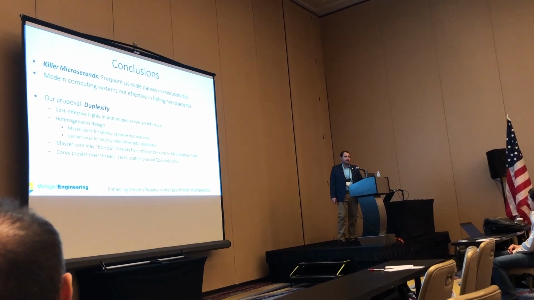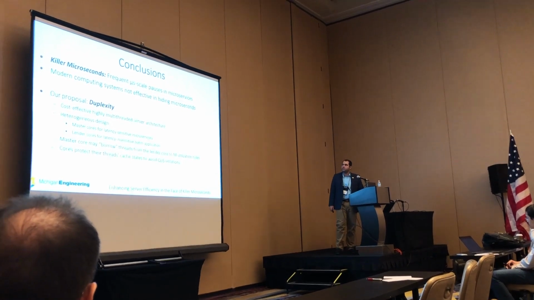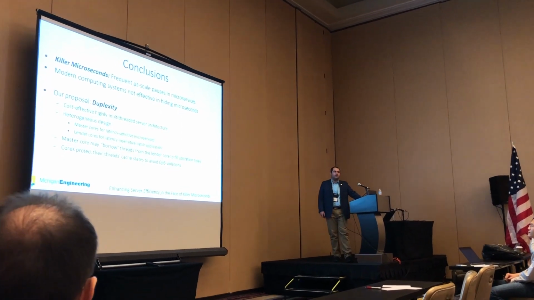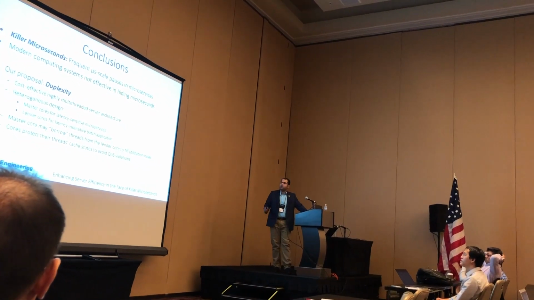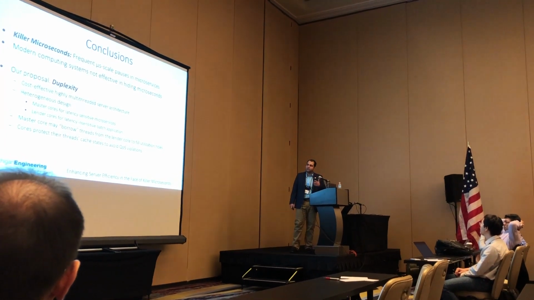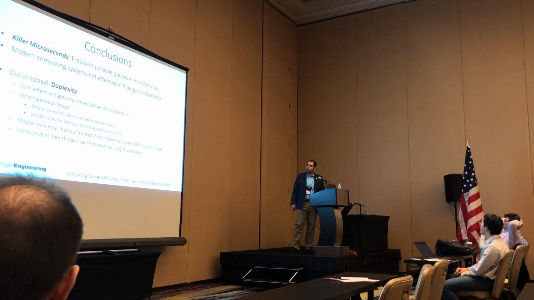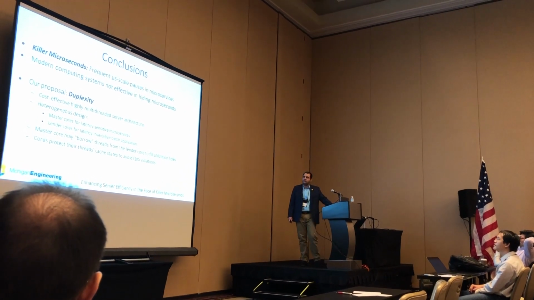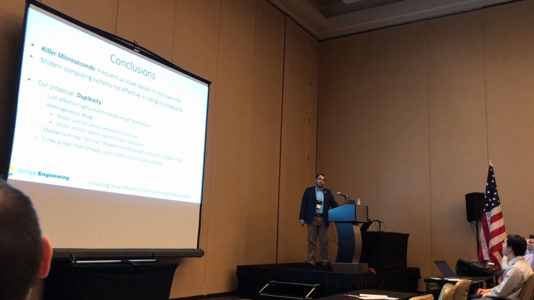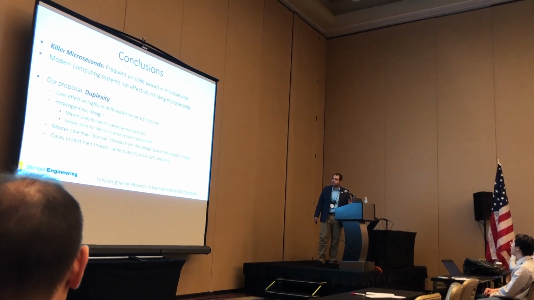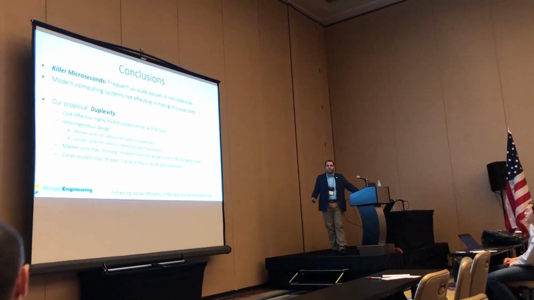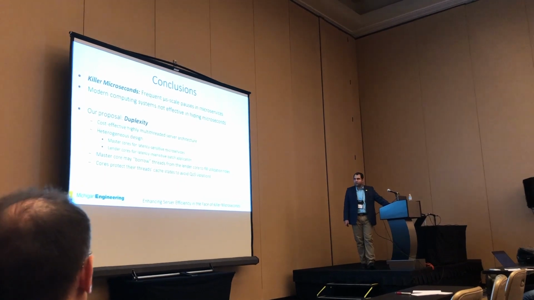So, in conclusion, killer microseconds are frequent microsecond scale pauses in data center applications, but modern computing systems are not really effective in hiding such microsecond scale periods. We propose Duplexity as a cost-effective, highly multi-threaded server architecture which is heterogeneous. It has master cores, which are mainly for latency-sensitive applications, and lender cores that are for latency-insensitive batch applications. And master cores are able to borrow threads from the lender cores in their own dyad to fill all the utilization holes that arise due to killer microseconds. And also, they're able to protect their master threads' cache state so that they can avoid quality of service violations. Altogether,